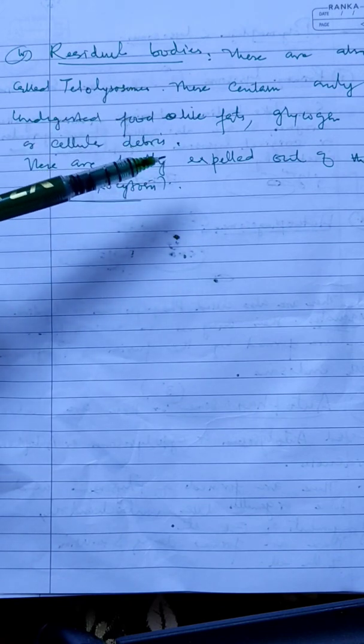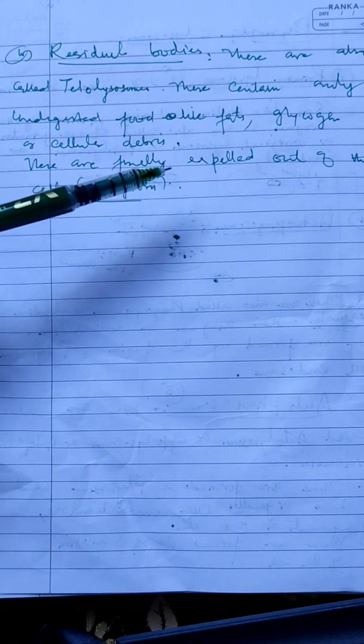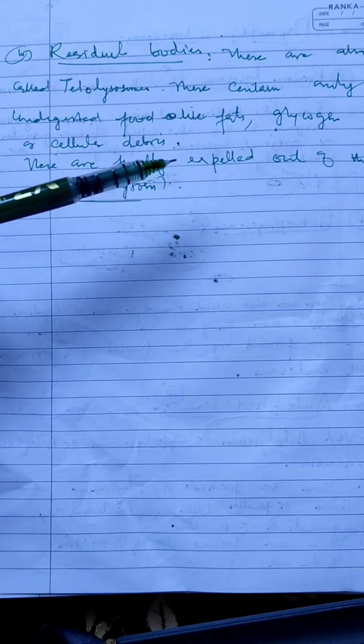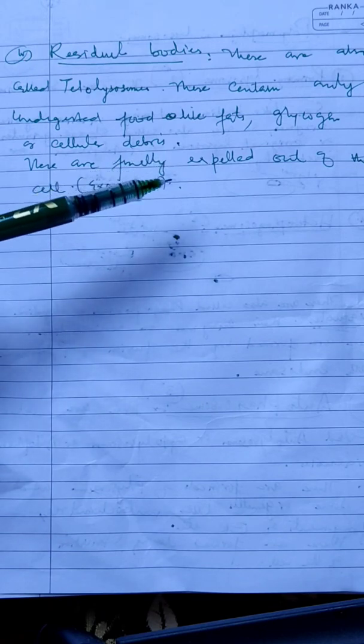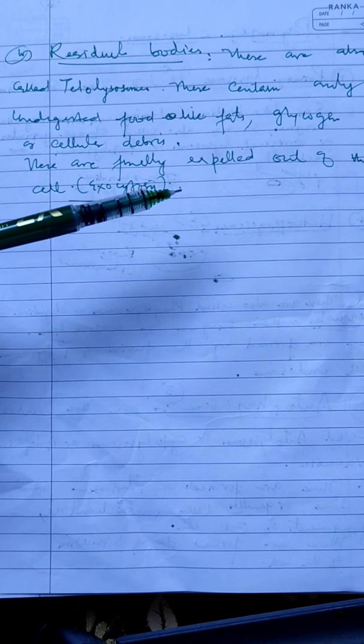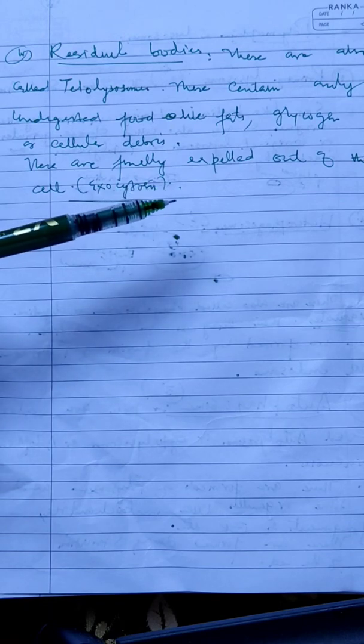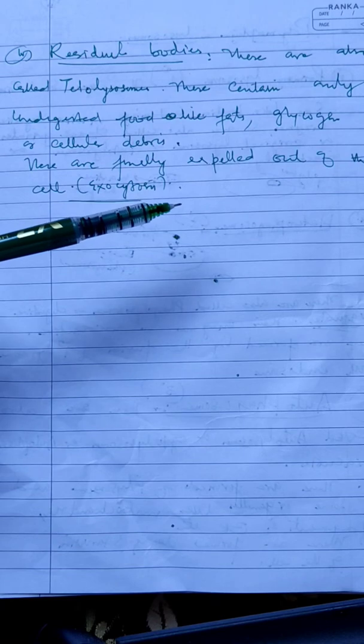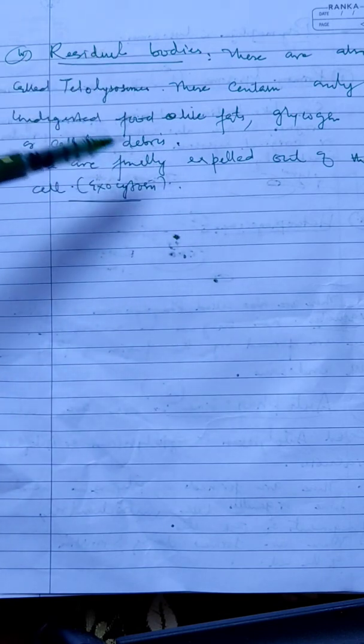Residual bodies form when the cell performs its digestion. For example, it has taken in a food particle or a bacterial cell, and when it finally completes the digestion, some things remain that are left over. For example, when we eat food and our stomach and intestines perform the digestion, some food is left undigested and thrown out. Likewise, inside these lysosomes, certain cellular debris or food particles, for example fats or glycogen, are not digested fully and just remain in the lysosome, which forms a residual body, and this is then thrown out of the cell by exocytosis. This is how the lysosome comes in different forms, showing polymorphism, having different activities at different stages of